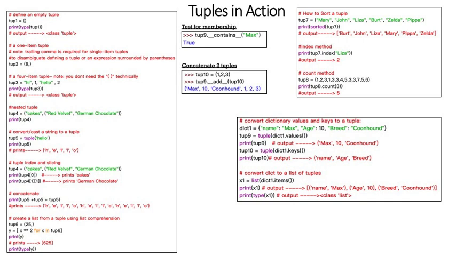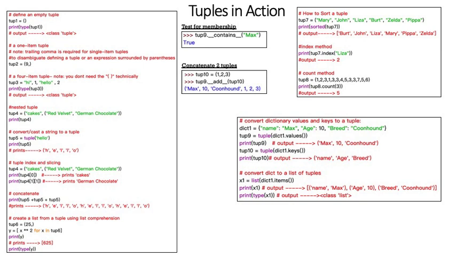You see I have tup3 and I have mixed types. I have both strings and integers there, and it still works just fine. Next we have nested tuples. We have red velvet and German chocolate inside the cakes parent tuple, if you will, with tup4. Now I can convert or cast a string to a tuple. How do I do that? Tup5 equals tuple, and then inside the parentheses, the string hello, and you see when we print it out, it